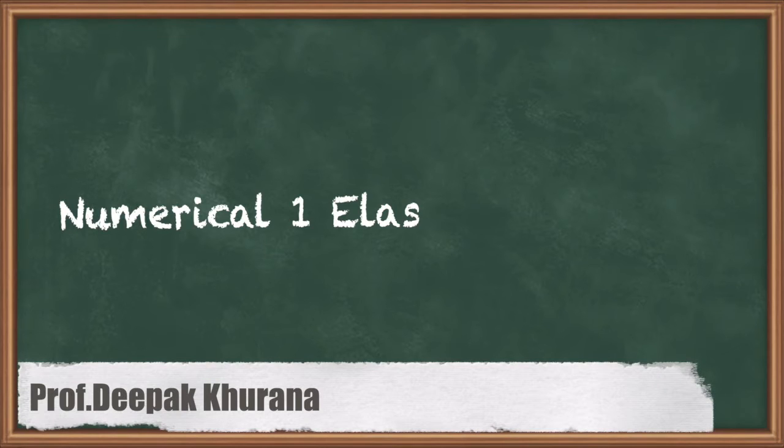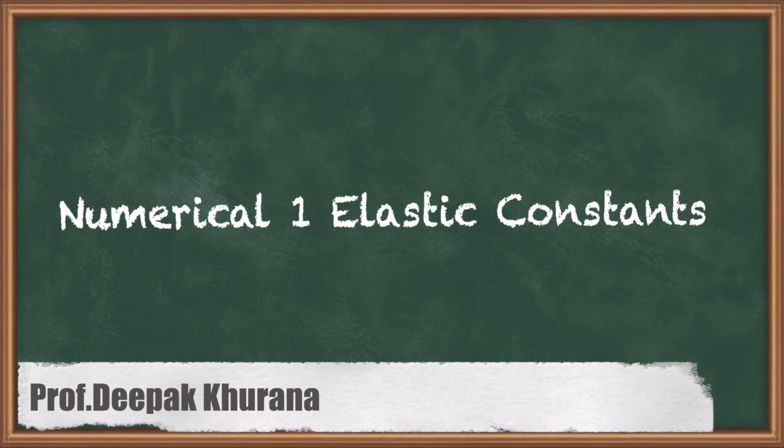In this question, it is given a metallic bar 300 mm by 100 mm by 40 mm is subjected to a force of 5 kN tensile, 6 kN tensile and 4 kN tensile along x, y and z direction respectively. We have to determine the change in the volume of the block. Take E equal to 2 into 10 power 5 Newton per millimeter square and Poisson's ratio equal to 0.25.